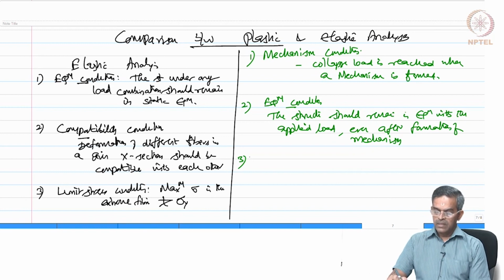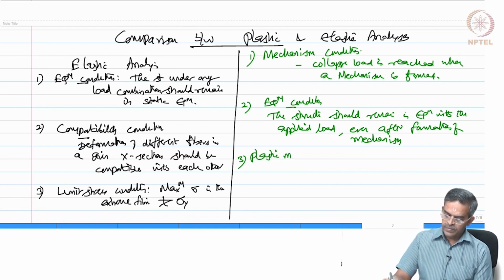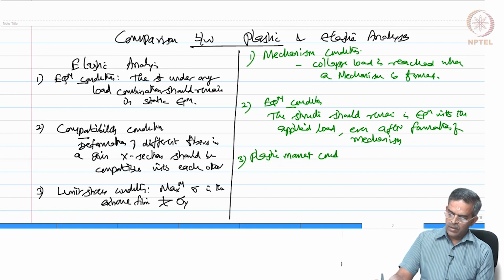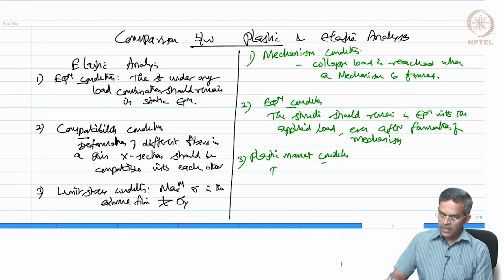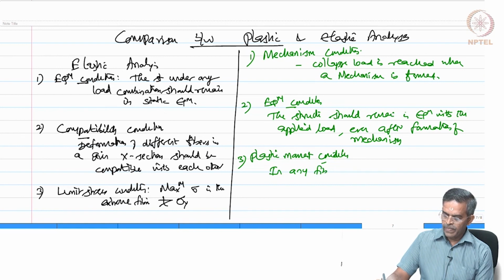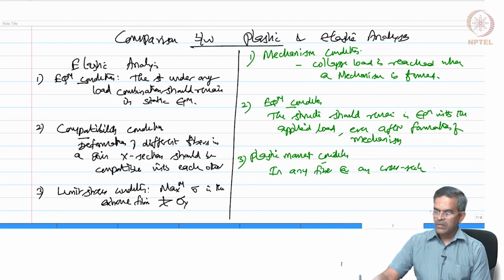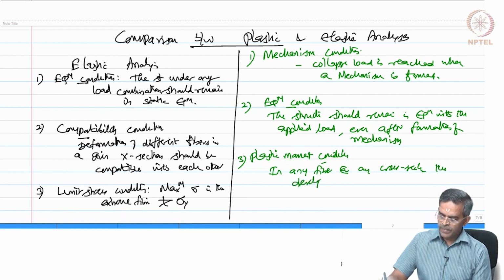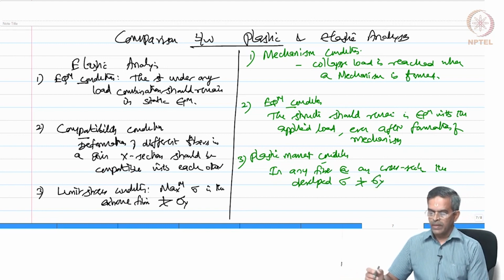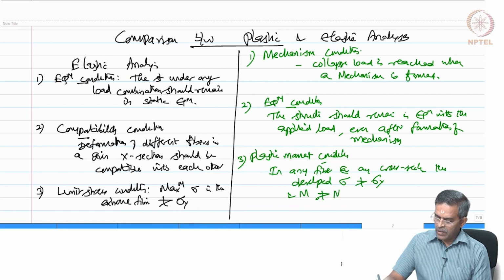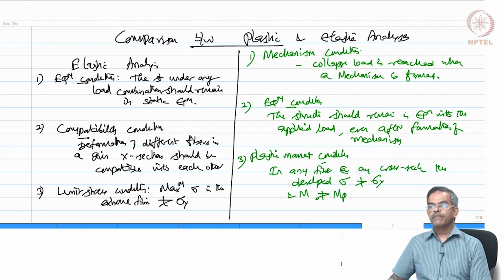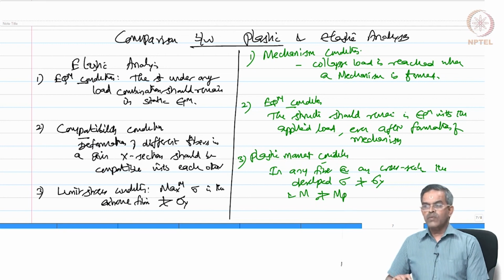The third condition is the plastic moment condition. According to this condition, in any fiber at any cross section, the developed stress should not exceed sigma y and the moment cannot exceed Mp. Okay. So, a quick comparison between these two methods of analysis. Having said this,